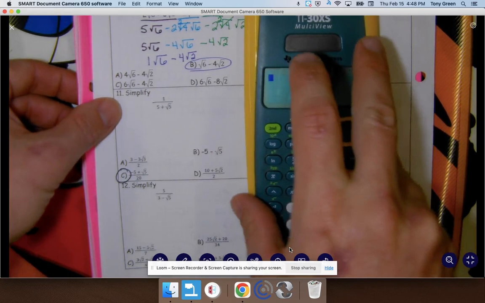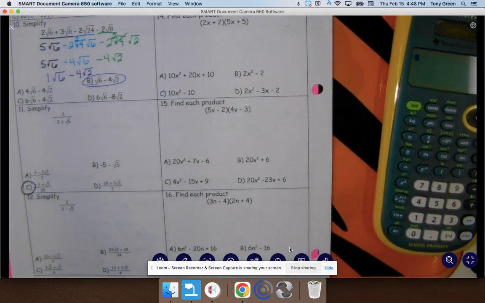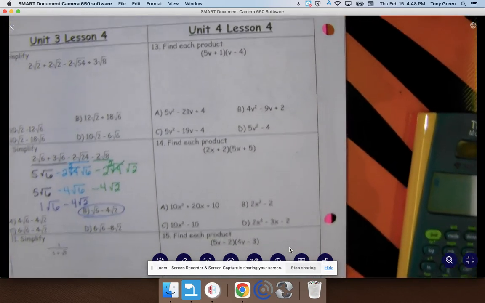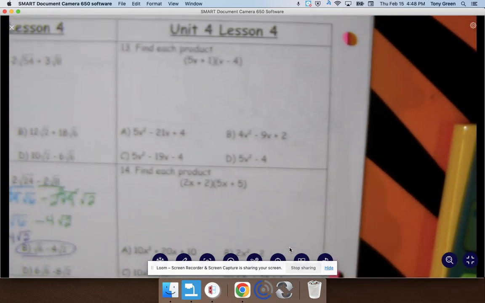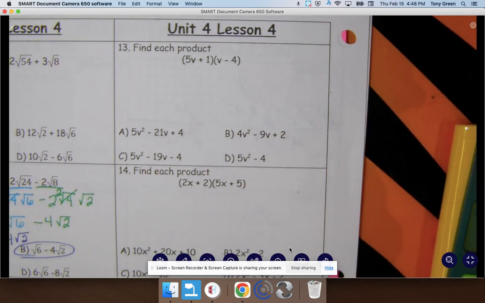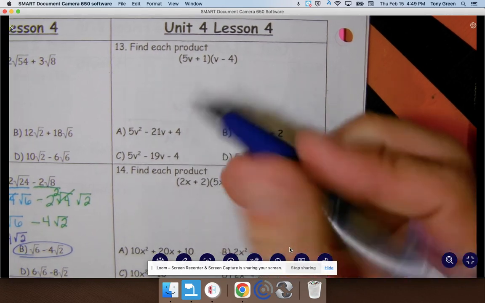All right, the last one. This is going to be just like what we did on the test this week. You can FOIL or you can use the area model. I'll show you how to do it using the area model, and if you know the shortcut for FOILing, you can FOIL. Okay, so I'm going to draw my